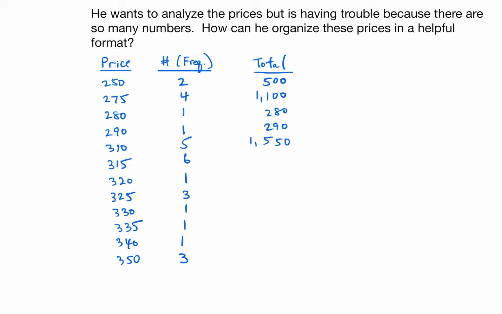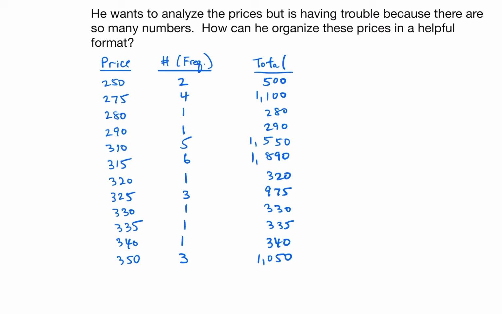And then 315 times 6 is 1,890. 320 times 1 is 320. 325 times 3 is 975. The rest of these are singular, and then 350 times 3 is